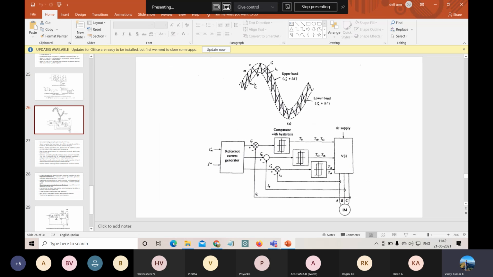So we have discussed the positive and negative. If TR1 is on, the current passes from N to O, and if TR4 is on, it is from M to N. The current falls, rises, falls, rises, falls, rises. Like this, the sinusoidal currents form using the hysteresis models. These are our hysteresis models.